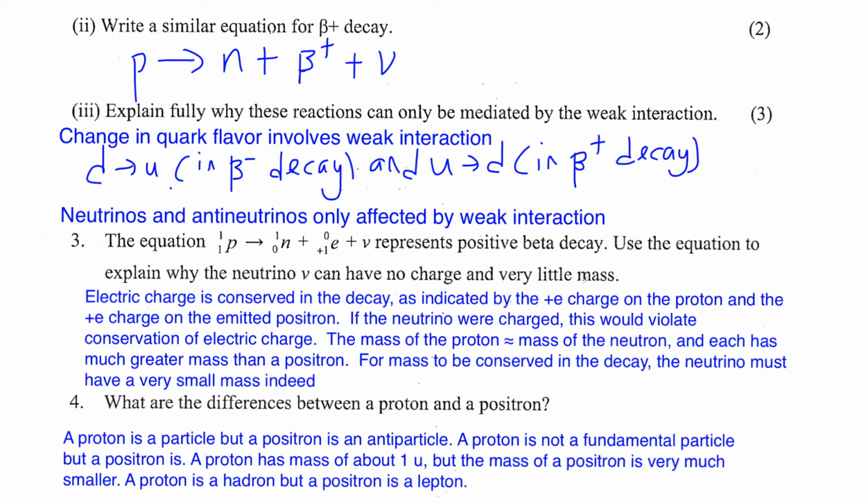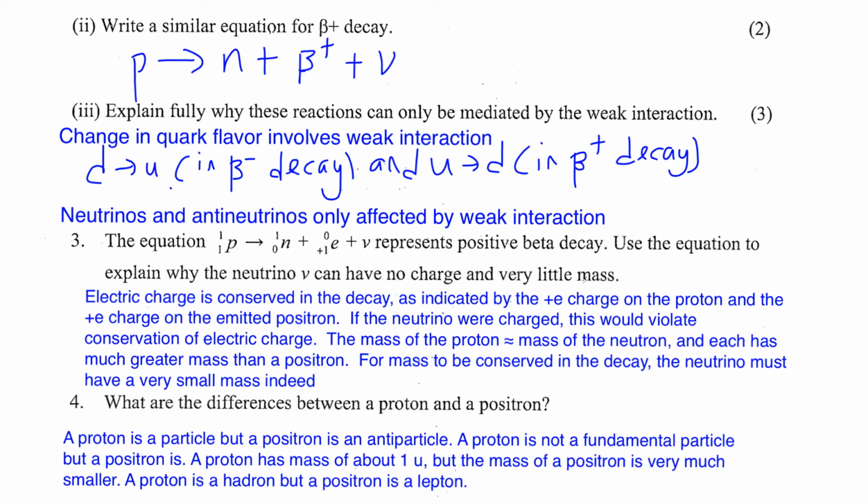So when positive e charge on the proton, you have the proton here, positive e, and the positron also has positive e, so that means these two have no charge. Alright, and if the neutrino is charged, then it will violate the conservation of electric charge. Similarly, the mass of proton equals the mass of neutron, so therefore the positron must have very little mass. So the neutrino is even smaller, because the positron is actually the mass of an electron, but the neutrino must have a